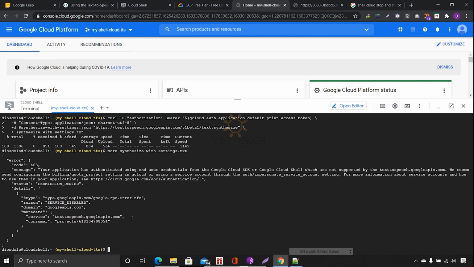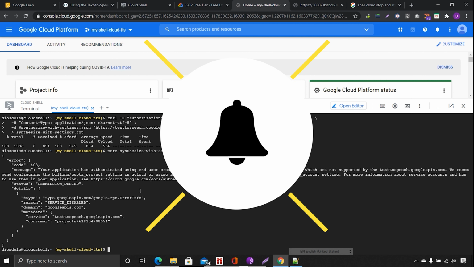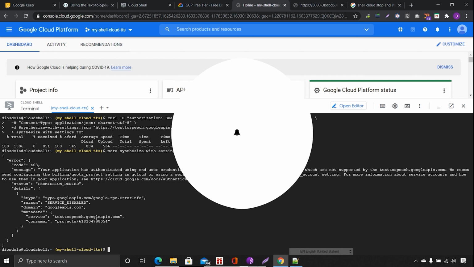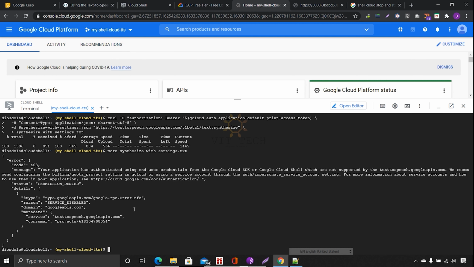Okay, here with the settings it gives some error code. It is not opening with the settings. Google Cloud SDK, permission denied. So it is asking us to authorize, so we have to authorize it.